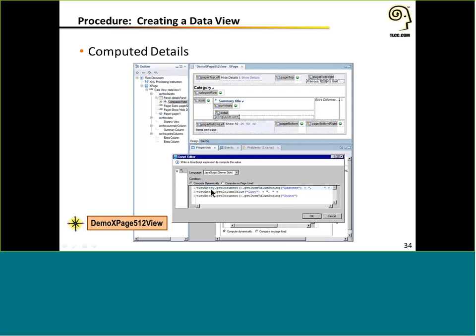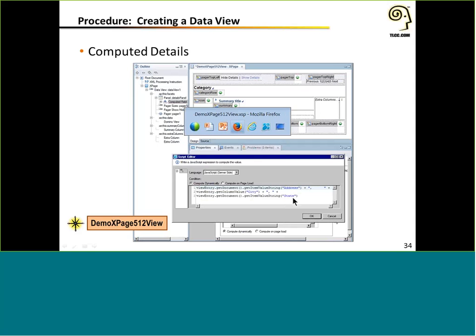And as I mentioned, with that var, when you have that view entry, you can either read a column value from the view, or you can go through that and get a handle to the backend document and read data from there. So this example here uses both. We're starting with the view entry, we're getting the underlying notes document, and then we're reading the address value off of that. So to get the city, we're starting with the view entry, and we're using getColumnValue to read a value directly off of a view column. And then to get the state, we're going back to the underlying document and reading a value off of it.